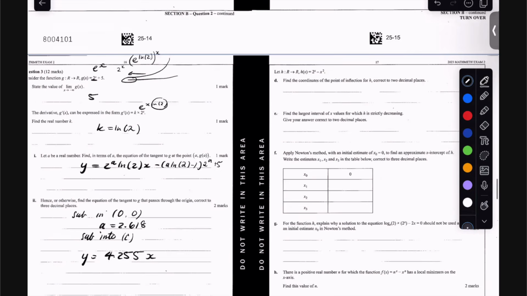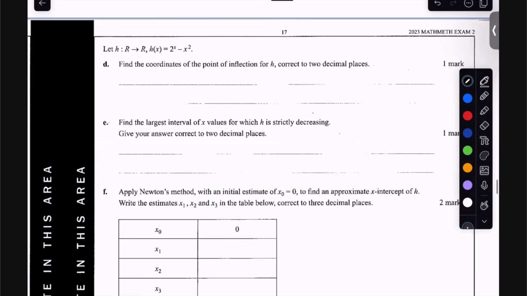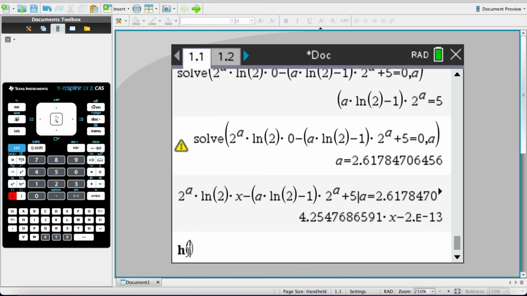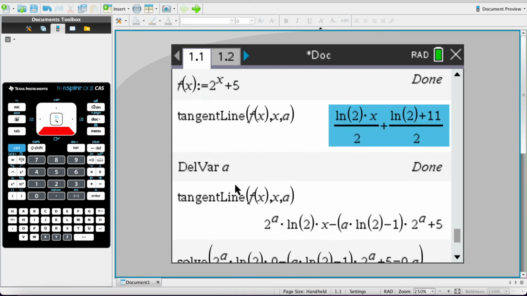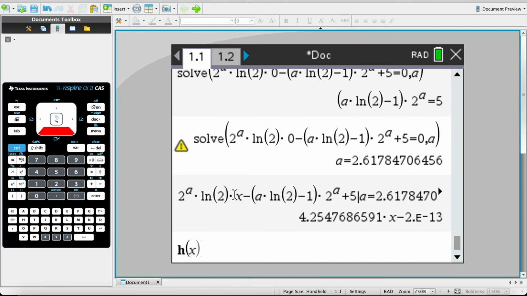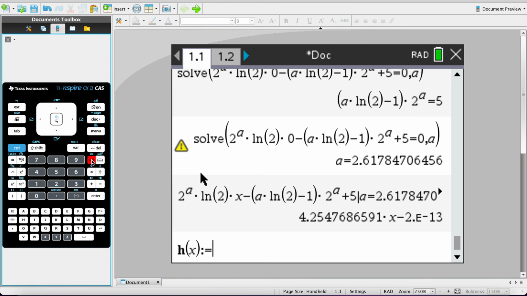Now, here's the Newton's method question. Find the coordinates of the point of inflection for h. So point of inflection, so this is a new graph, so I'm just going to define h of x. Did I define it right? Just wanted to make sure that I did that. Yes, okay. So it's just 2 to the power of x